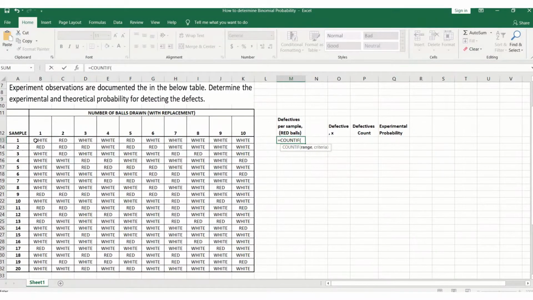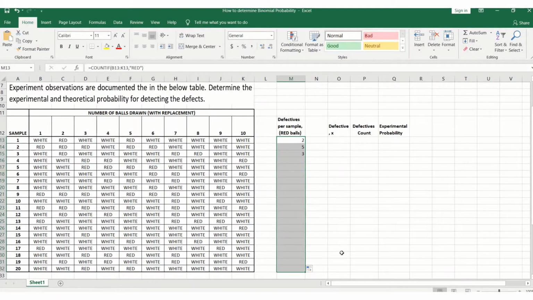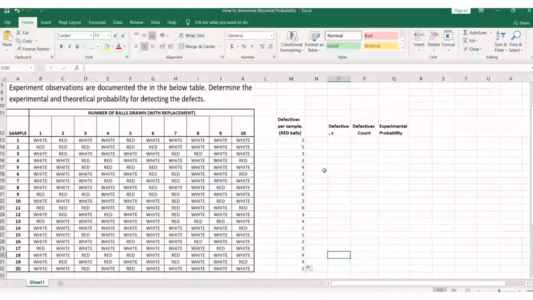Now to select the range, here we have to mention red because this is a defective ball. We want to determine the number of defective balls. If I drag the formula down, this is the number of defective balls in